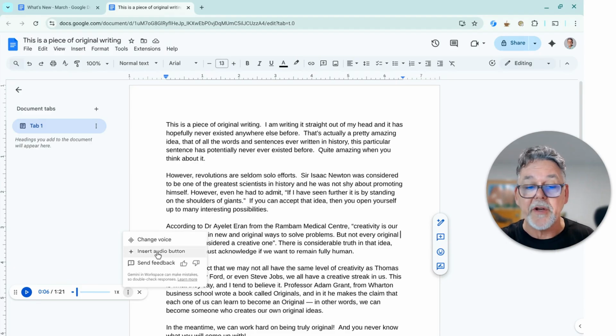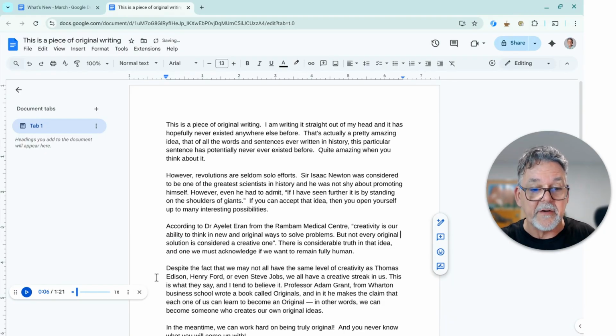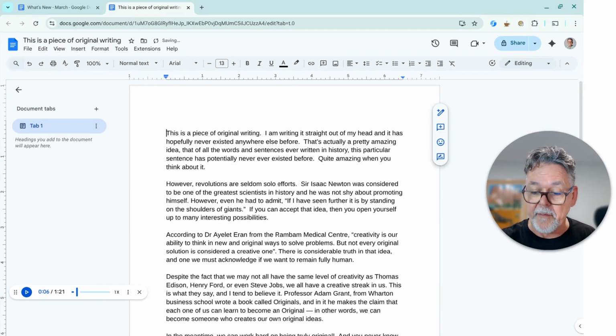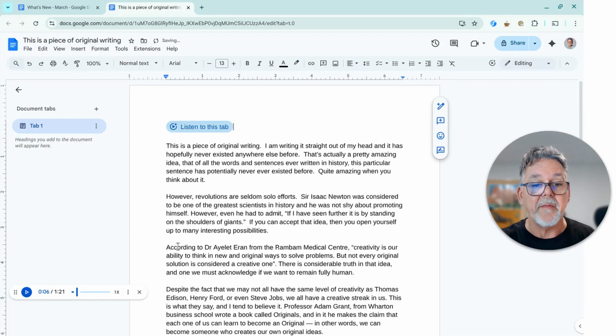You can also insert an audio button. So if I do that, it will actually insert, oh, I probably don't want it there. Let's undo that. Let's put the audio button up the top of the page, maybe like this. Go there and say insert audio button. And now I've got a button in the document itself where any user who's reading the document can